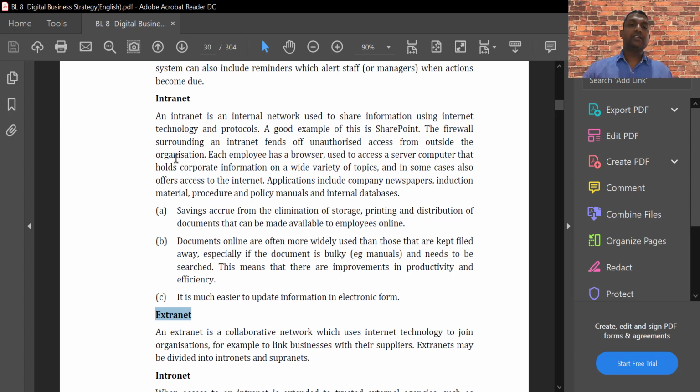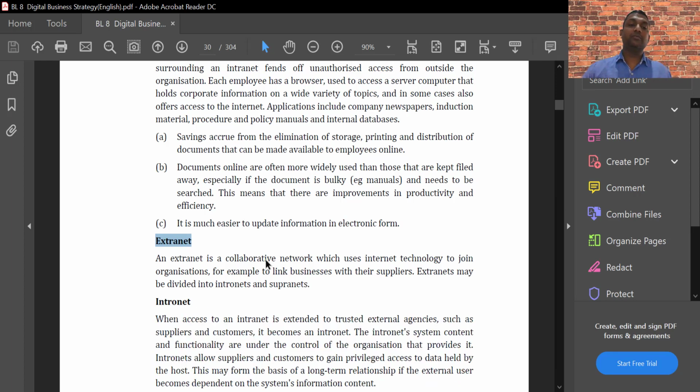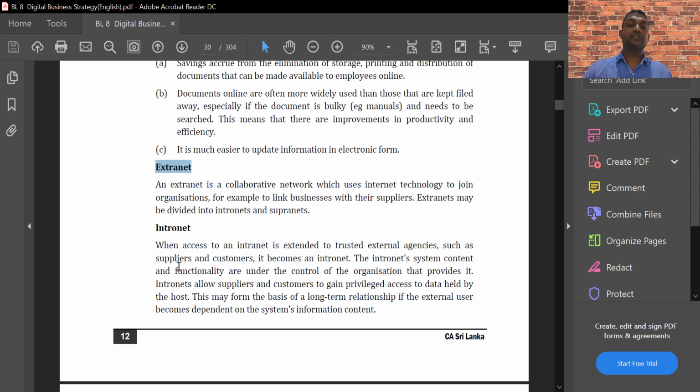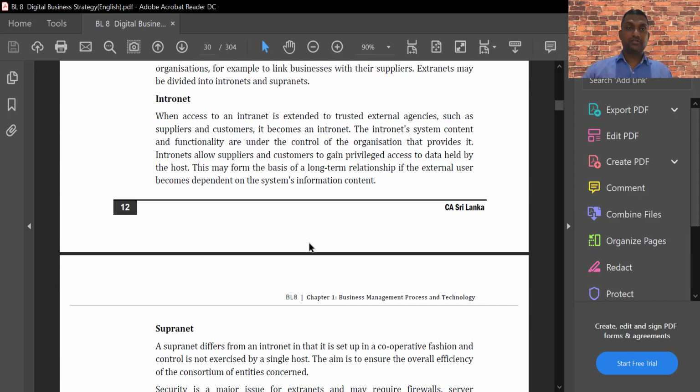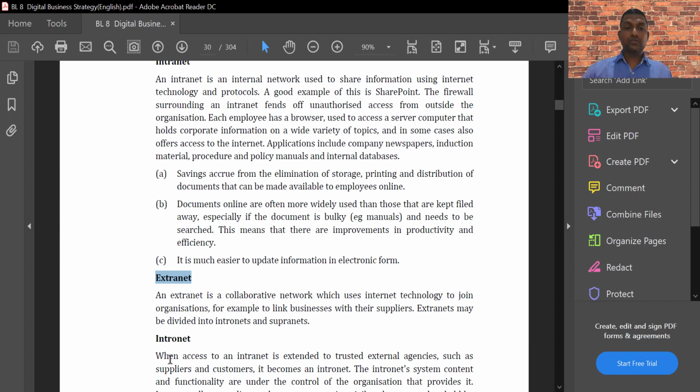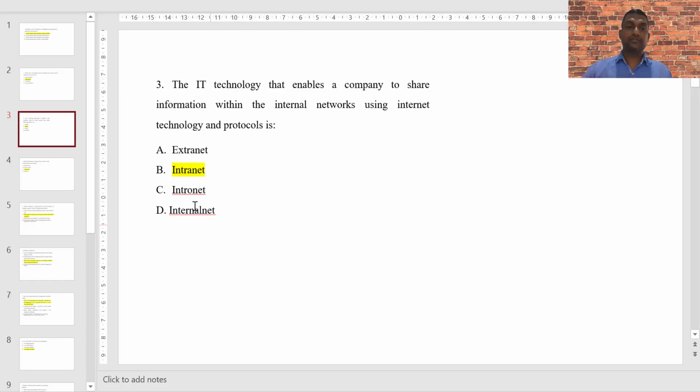The intranet will be there, and part of the intranet will be available for outsiders as well. That portion we call extranet, and again depending on certain characteristics, we will name a portion as intranet and another portion as supranet. So the answer for this we are taking as